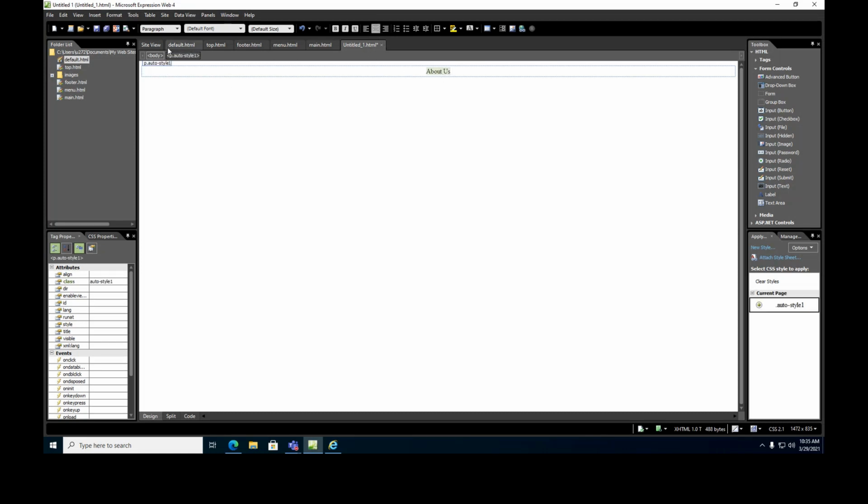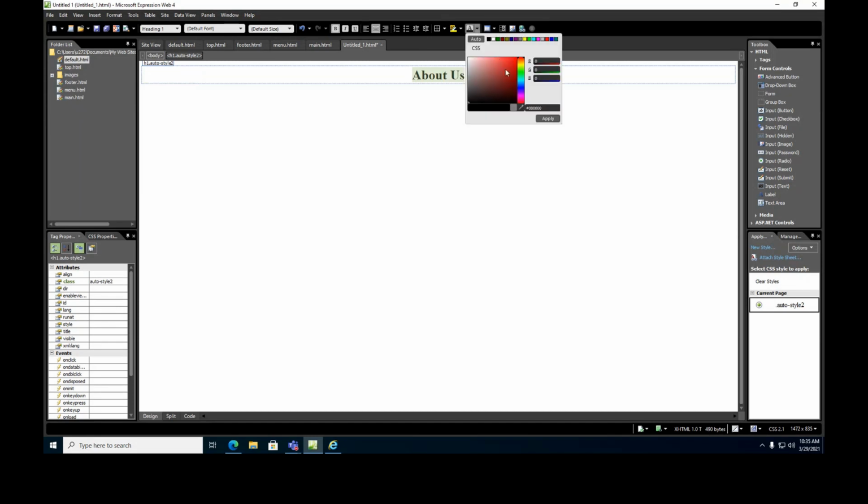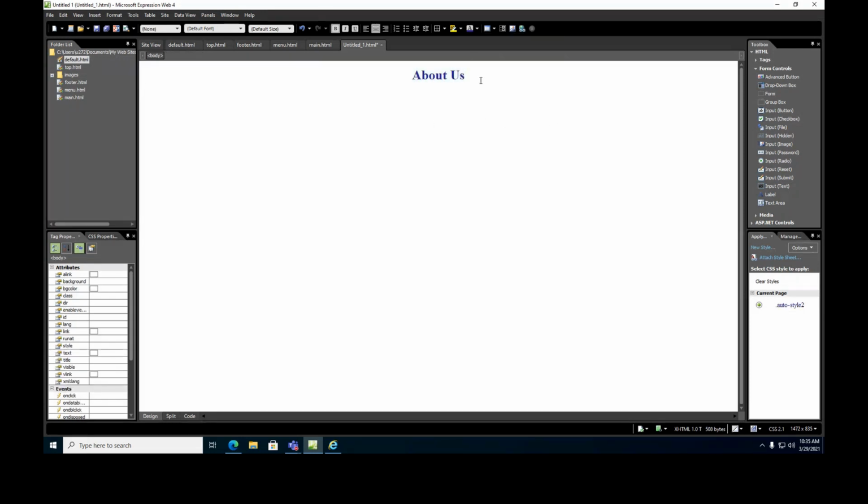Just make it H1. Okay, and again you have to put it in the middle. Change the color of the font to be blue, say this blue. Okay, looks nice. And then after that you can put the cursor here and say